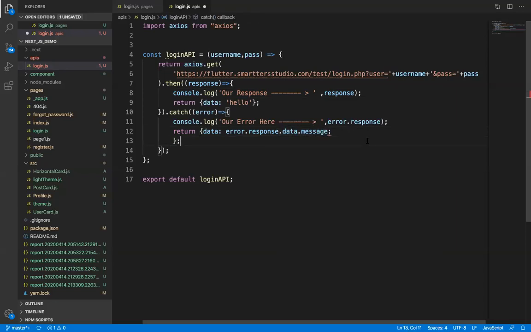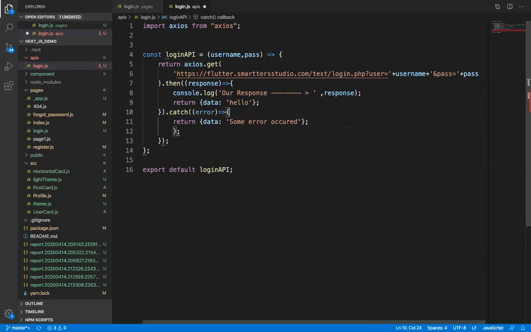But for now, we will just return here some error occurred. So when we get an error, this will show that some error occurred and it will return the data.